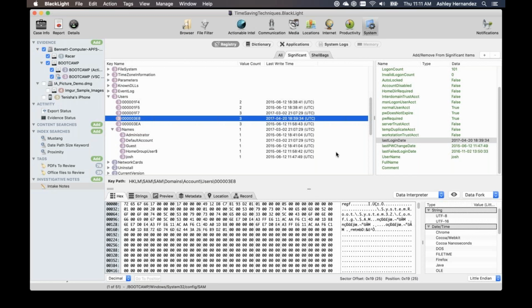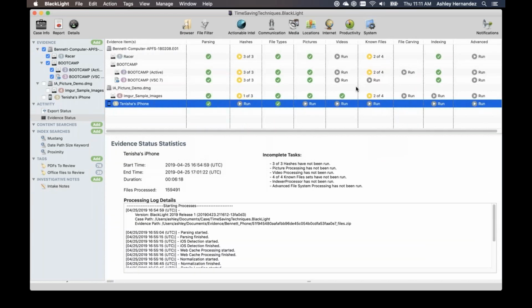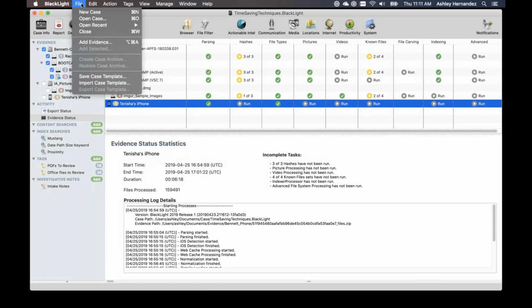Great. Can I save my favorite processing options is our next question. Yes, you can save your processing options. So when we look inside of our evidence status here, you can see I've run some options on certain files and not on others.